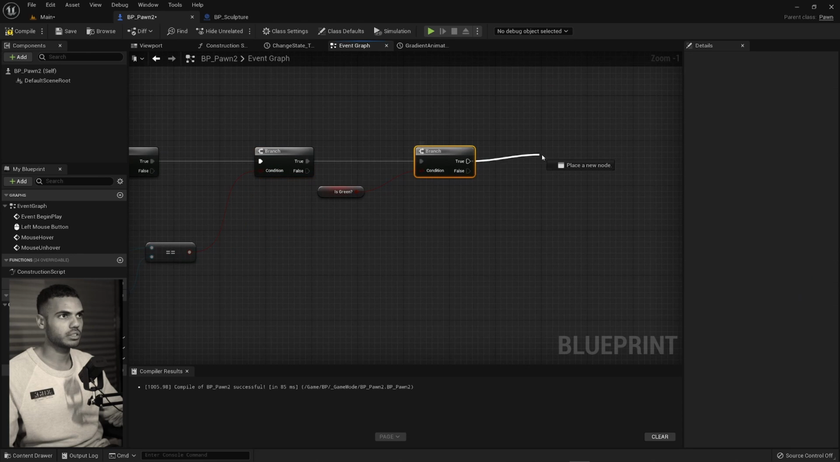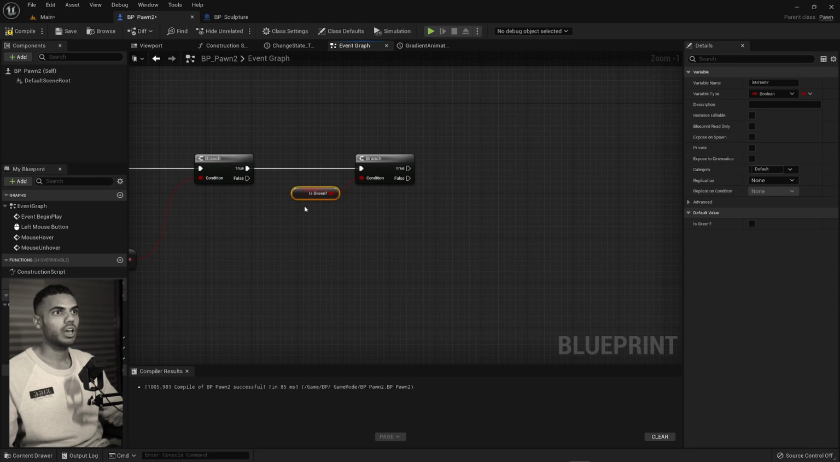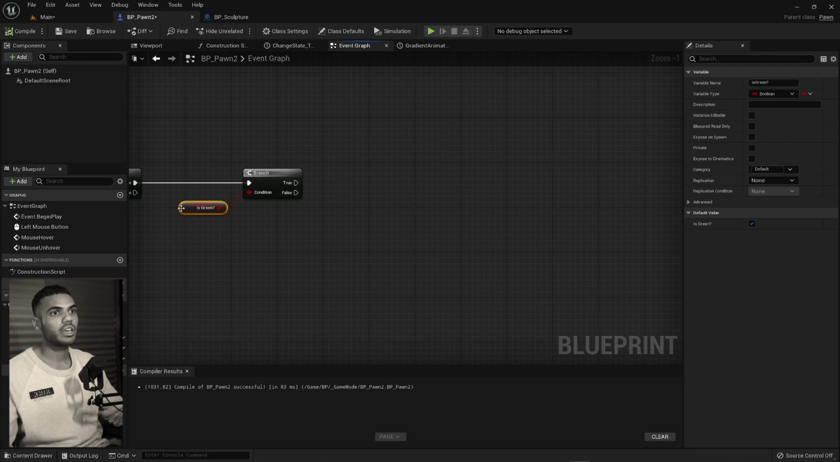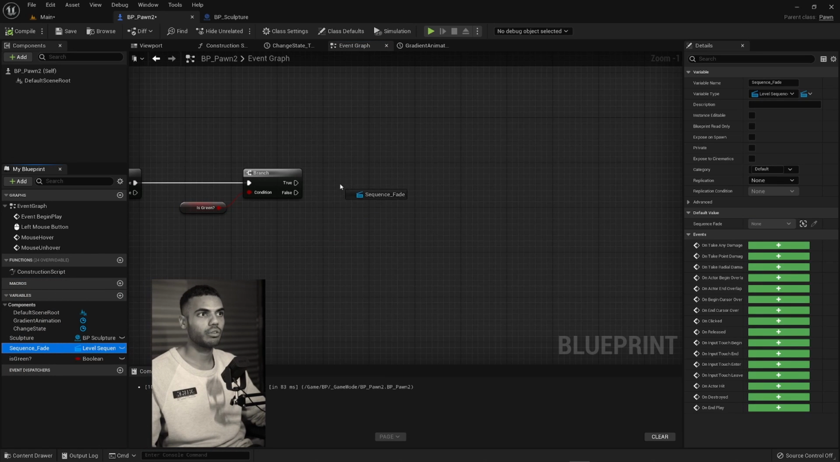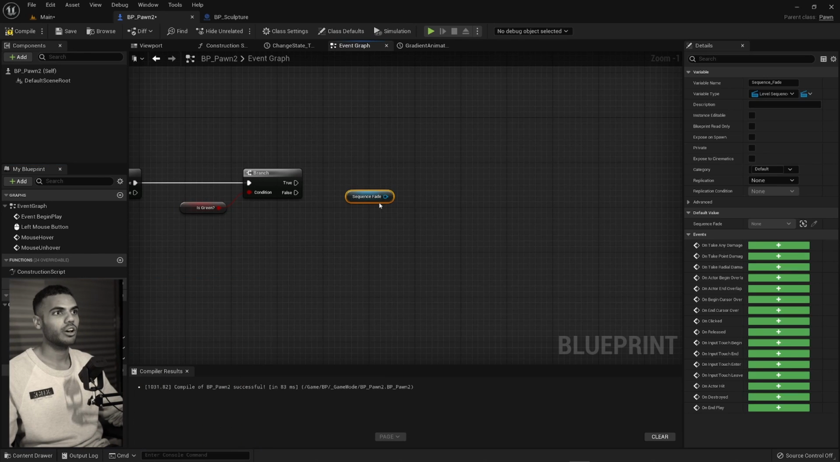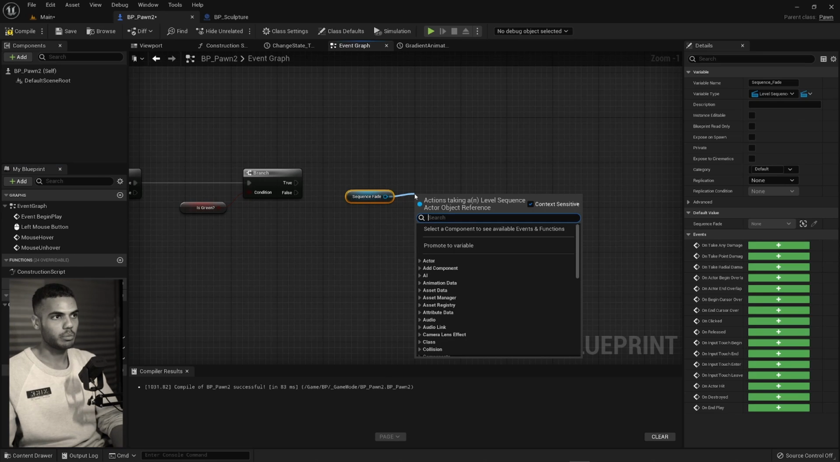Yes. Do this. Now, let's set our default is green value to true because that is how we start our scene, it starts on green. So if it is green, we want it to play our animation, and if it is not green, we want it to reverse our animation. Quite simple. So grab your reference of your sequence,